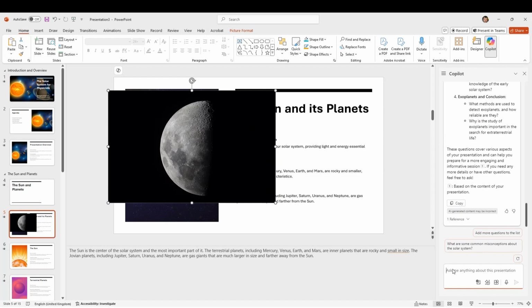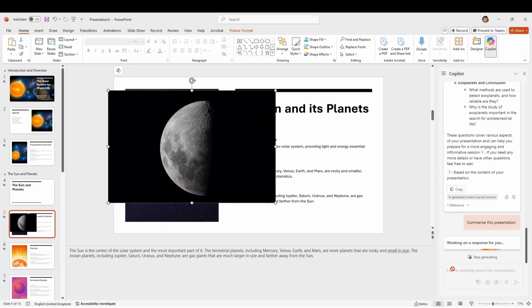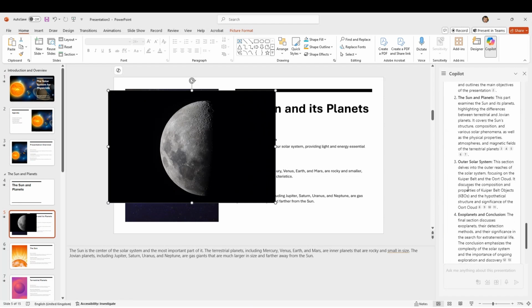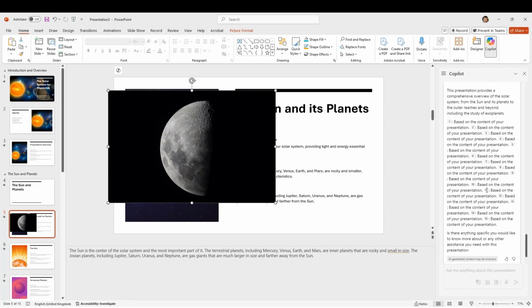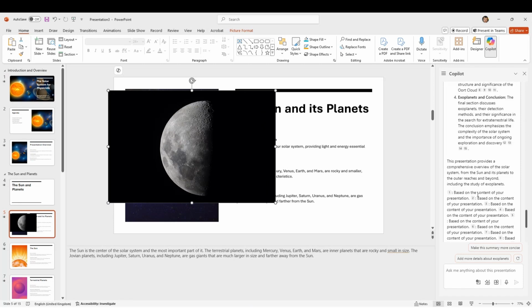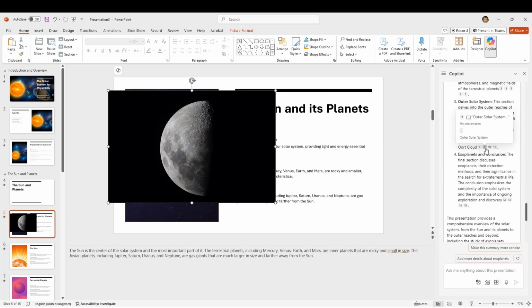Maybe it's 20 slides long for whatever reason. Can you summarize it for me? I'm not going to go through every slide, but can you just give me a rough idea of what this presentation's about? And then basically it will quickly give you that snapshot on the right-hand side. And it will reference where it's actually got that information from, which slide, etc., because it's got the citations at